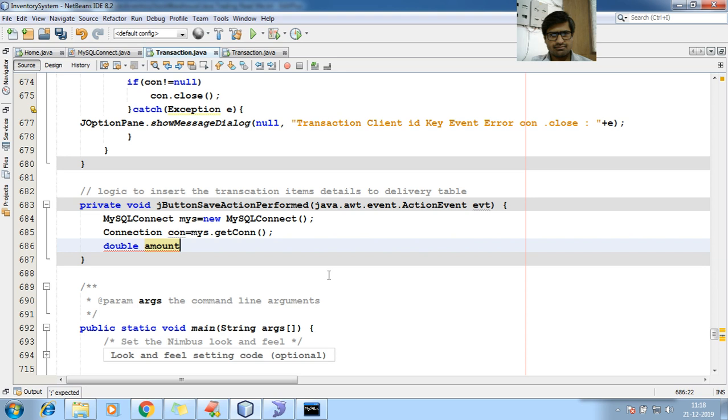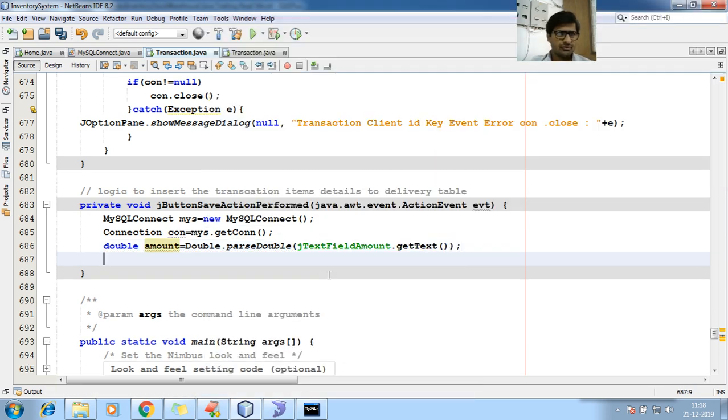So amount, assignment operator, double dot parse double. So here let me go for jtext field amount dot get text, semicolon. So next I need to go for rate also, double rate, or you can go for price. You can call price double